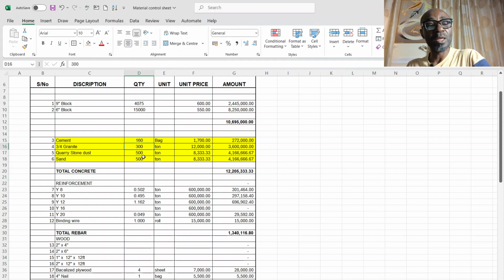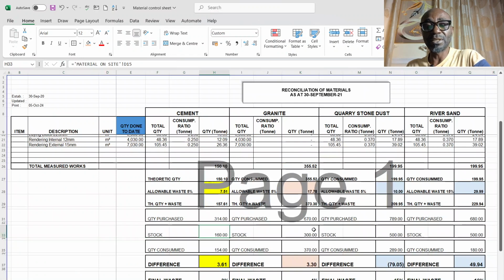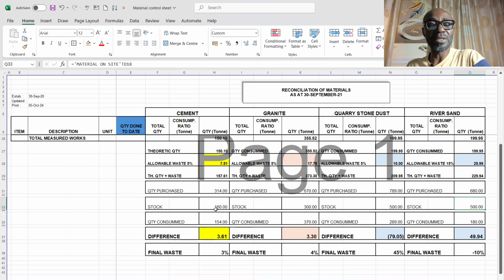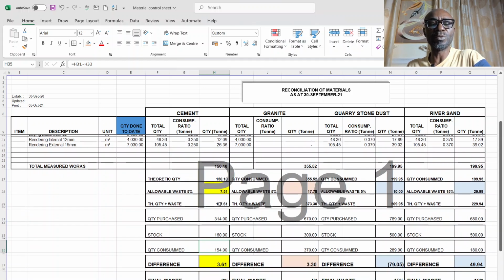We have 300 stock of granite. Then we have 500 for quarry dust and 500 for river sand. And this has been linked to my top sheet, which is 160, 300, 500, 500. Then you now get the difference between the purchase and the stock, which is 154, meaning that for the job you have done, you were expected to use 154 tons of sand, but you actually used, including waste,